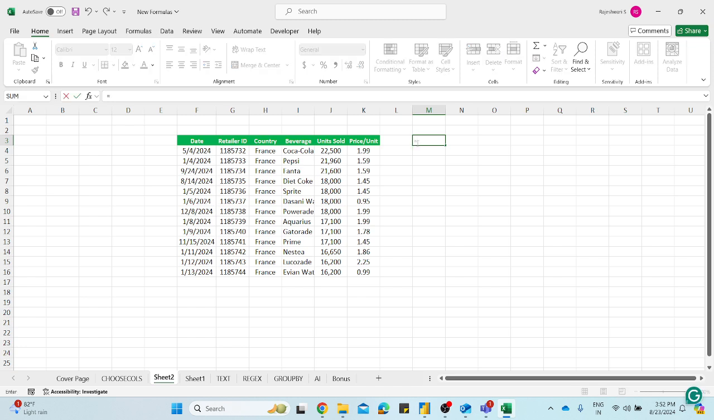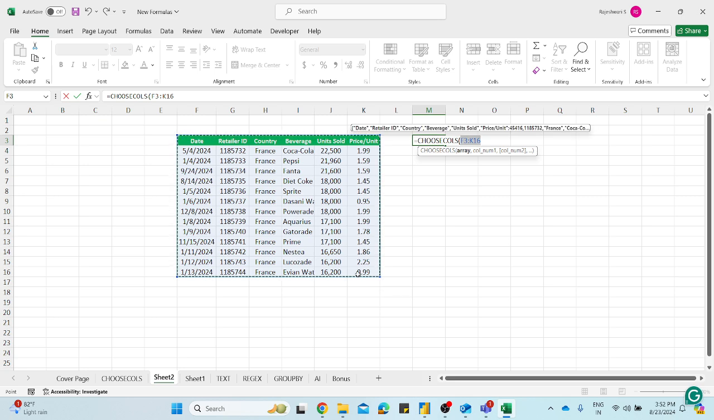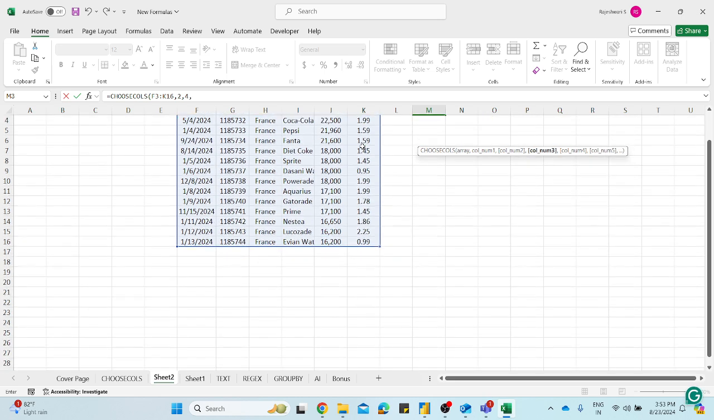First we will put equals to, then we type CHOOSECOLS. You will choose this CHOOSECOLS function, and in this you need to give the table array. So select your table, comma, and now select the columns which you want to analyze. So suppose I want to analyze retail ID, beverages and unit price. So I will select 2, comma, 1 to 4, comma, 6